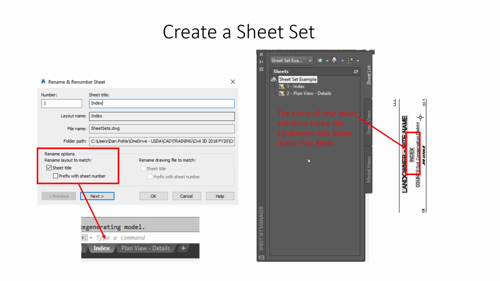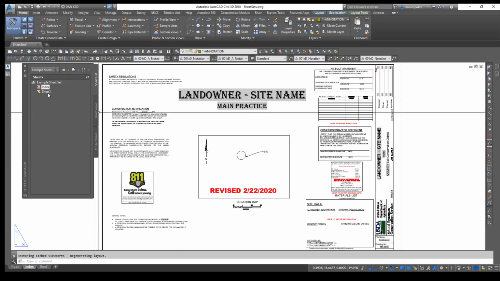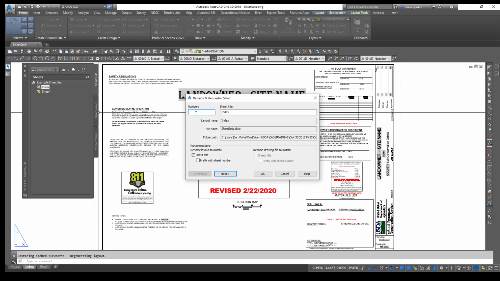So we'll go ahead and show that in CAD. In this case, if you right click and rename and renumber, you can label it sheet number one, and you can continue with index, or if you wanted to label it something else, you could. Rename options: rename layout to match your sheet title. So that's your sheet title here, and also down here. So if I hit next,